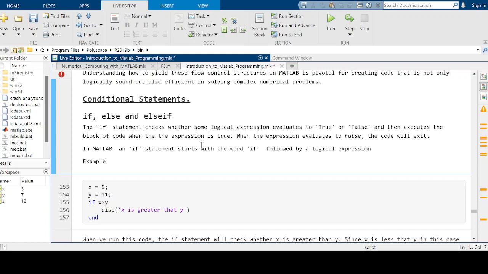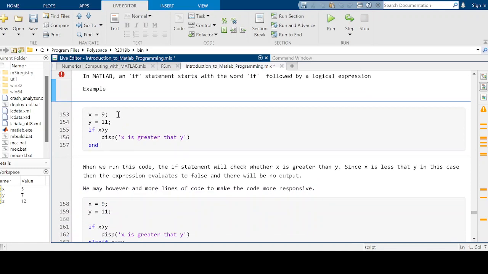For example, we can have a code like this. We define the value of x to be 9, the variable y to have a value of 11, and then we have the if condition: if x is greater than y, display x is greater than y. So what will this code do? First, we have assigned the values to x and y. Then the if statement is followed by the logical expression here,